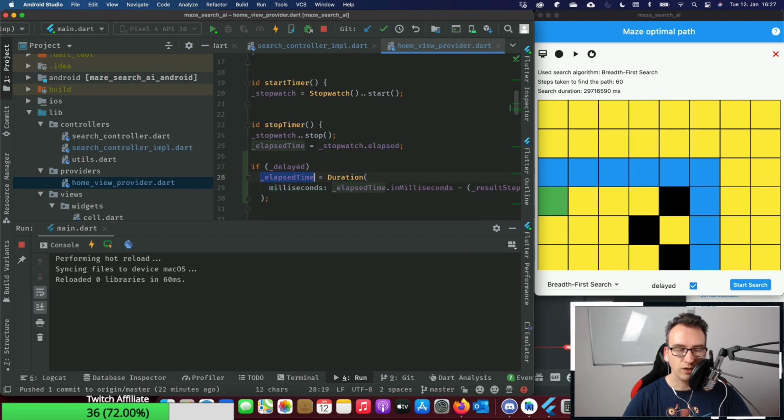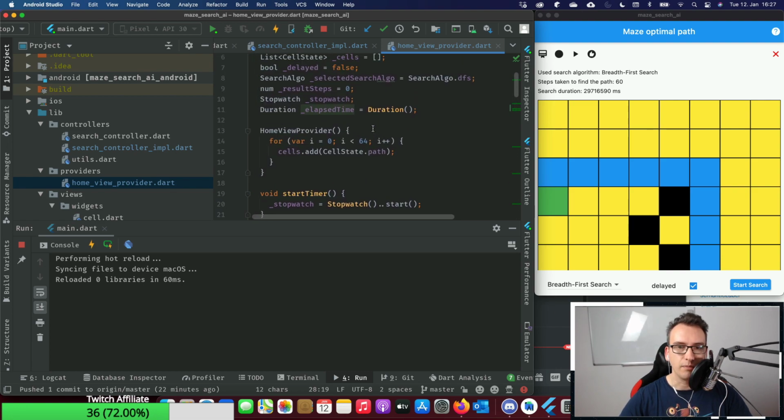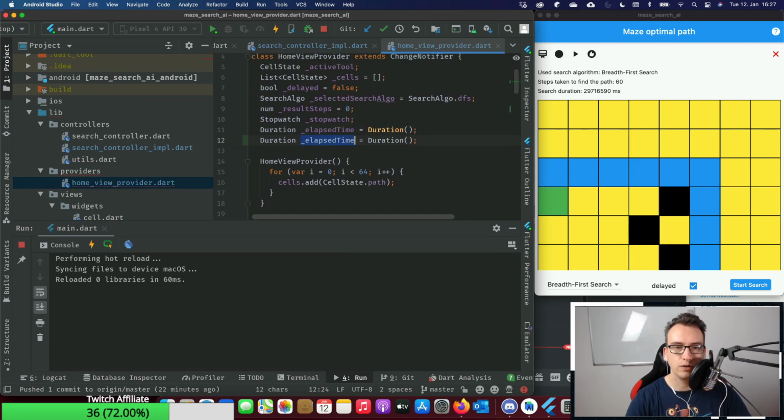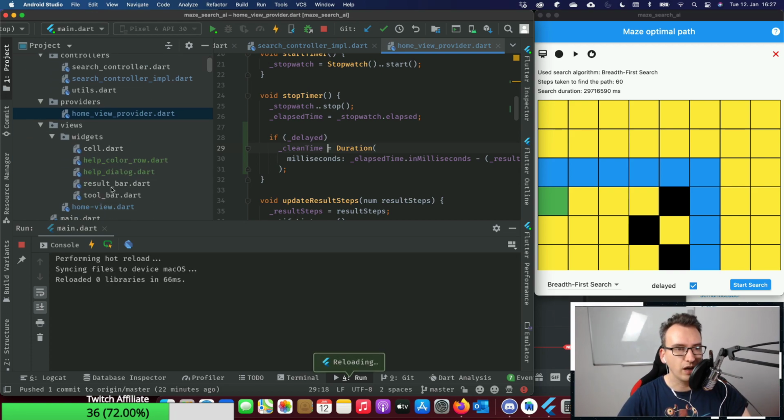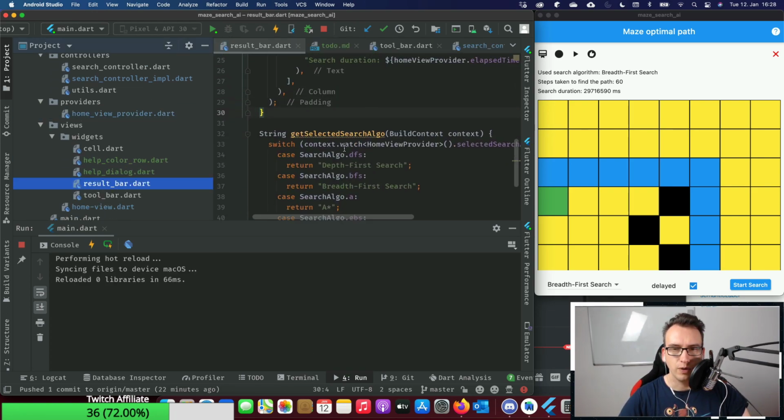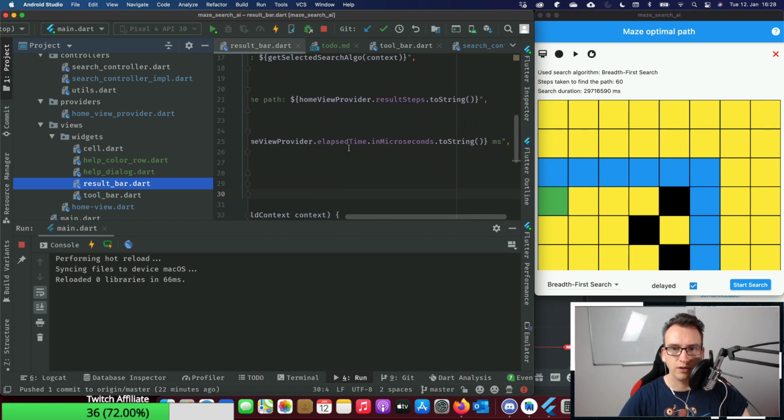But we don't want to override the same elapsed time, in my opinion. What we would like to do is have the clean time, maybe something like that. And this will be only here for the clean time. And then we would put that in brackets behind it, I think. So whenever we are in the result bar, we can then show in brackets behind it the correct timing.